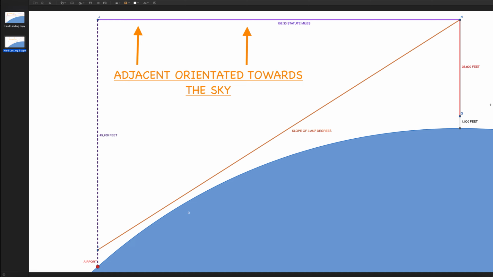Don't come up with anything new. Adhere to this altitude. Adhere to these mathematics, because these will work if there's a globe. The exact mathematics thereof, 153 miles and a slope of 3.252 degrees, will work for 37,000 feet. You will end up, if it's a globe, 1,000 feet above the airport. If it's not a globe, you better pull up fast because you're going to be heading to the ground very fast. Just letting you know.